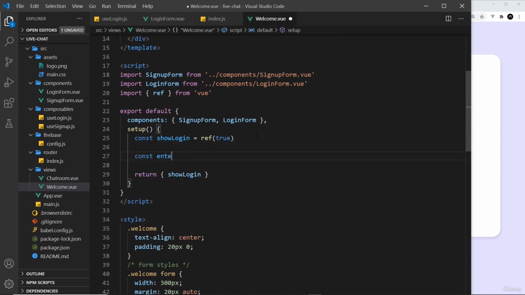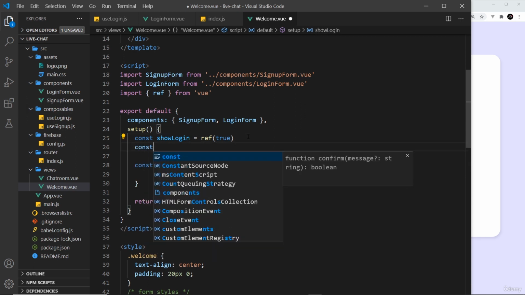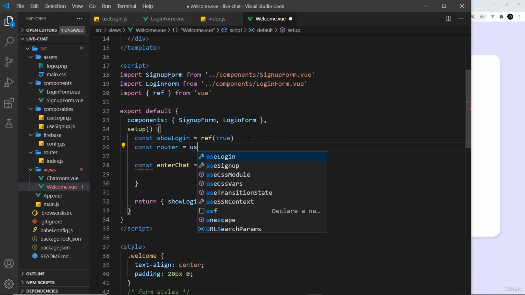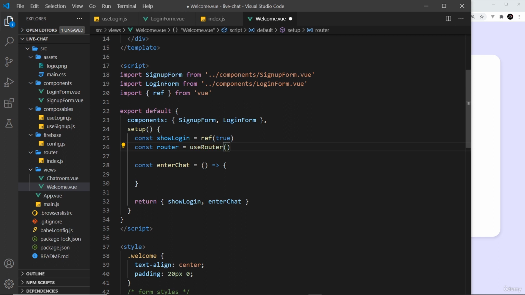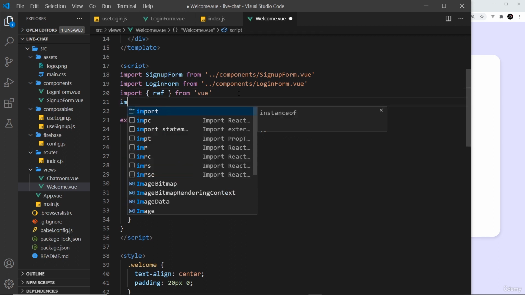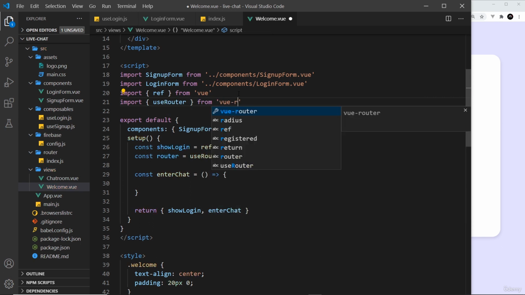So I'll come down here and say const enterChat is equal to a function, and then we need to return that function down here. Okay, so in here, this is where we want to redirect them to the chat room. Now to do that, remember, we need the router. So I'm going to say const router is equal to useRouter, like so, and we need to import that at the top. So import useRouter, and that is from the